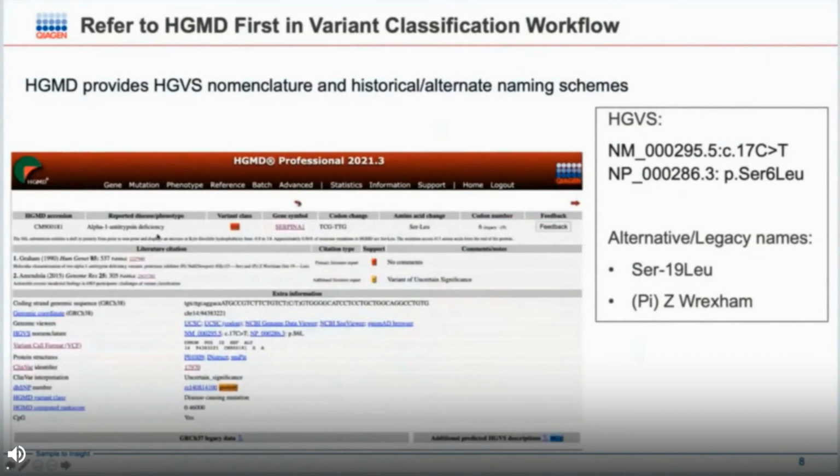And in this variant entry, again, I get confirmation that the associated disease or phenotype is alpha-1 antitrypsin deficiency. HGMD considers this a disease-causing mutation. Again, I have the codon number and the legacy codon number available in this view. And I have the primary literature report for the first time this variant was published, as well as an additional report. And so at this point, I can be confident that when I'm talking about this serine 6 leucine, it's